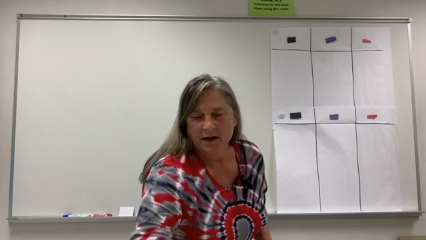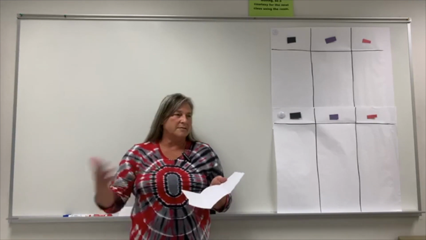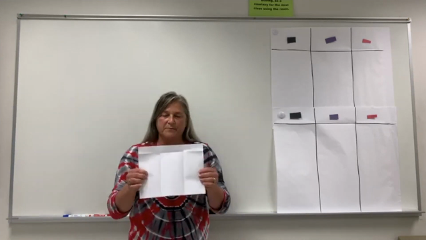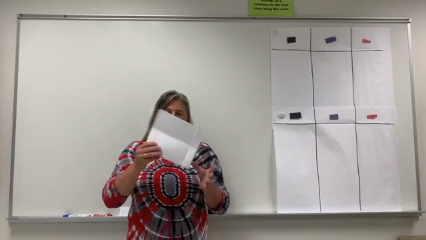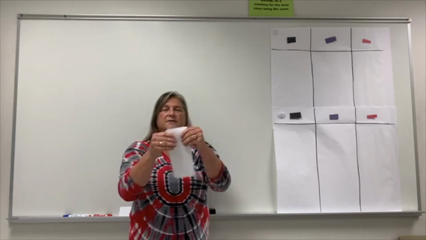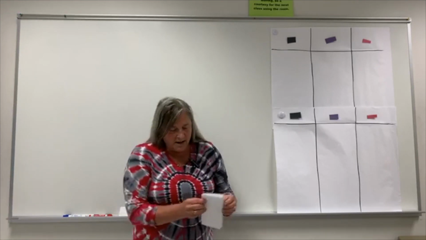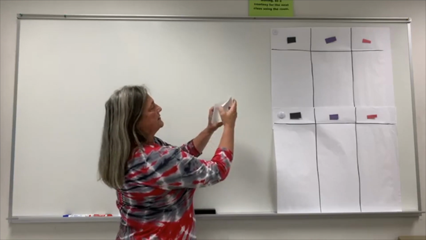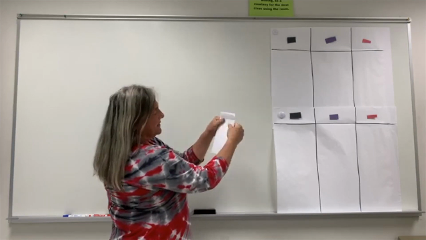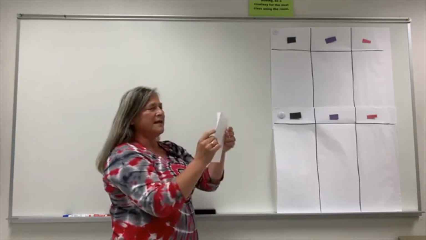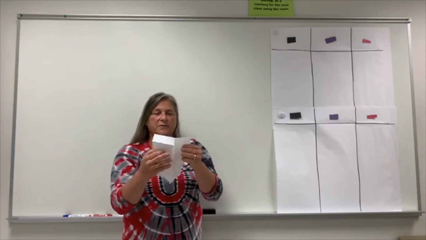So to make a game board, each child, and if you're playing with your student at home, each one needs a game board. I'm going to take just a plain piece of white paper. We're going to fold it into thirds. Thirds are a little bit hard, but it gets them used to seeing thirds. I like to teach students to try to make them as even as they can get them. And then to make a table, we're just going to fold it over once like this. So when we open this back up,